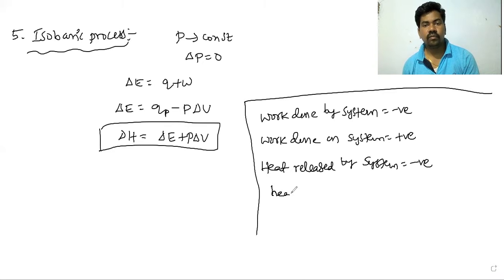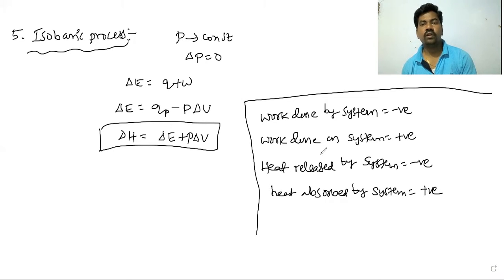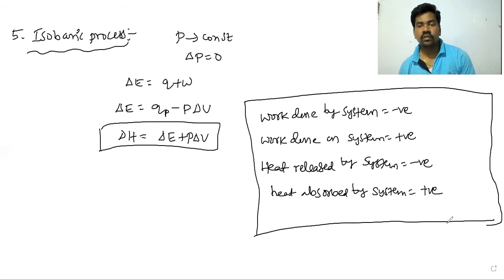Heat absorbed by the system is always positive. Okay, work done by the system is negative. Work done on the system is positive. When heat is released by the system it is negative, and heat absorbed by the system is positive. So these are very, very important. While solving the questions, you can use these values. Work done by the system is negative, work done on the system is positive. Then next we shall solve